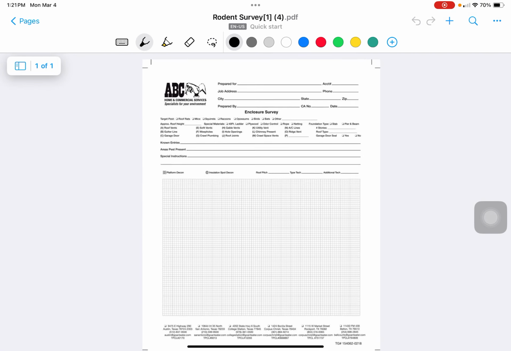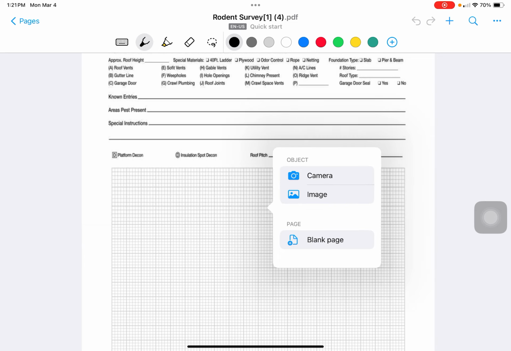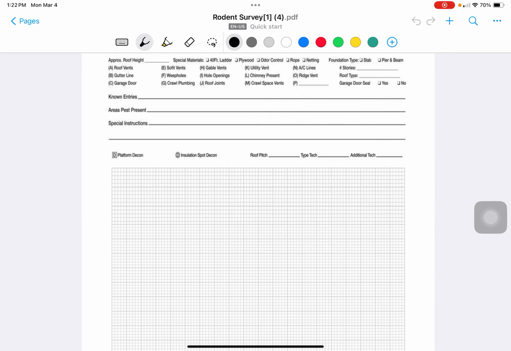So from here, if you hold your finger down on the graph, it allows you to add an object. So if you want to add in an image from RealComp or a sketch somewhere else, you can add that in there and it'll allow you to draw on top of it. But if you're going to start drawing it by hand, here's a couple of really neat features that this